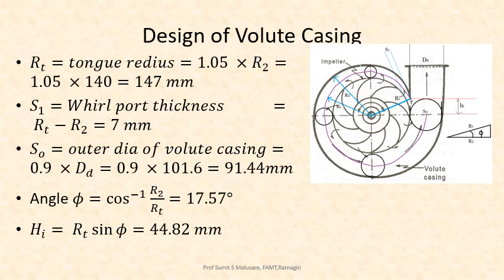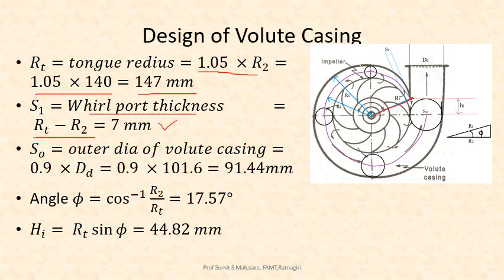Now this point where the variation starts is called the tongue, and the radius from the center of the impeller up to that point is called the tongue radius. As per the standard books, it will be 1.05 times R2, so 1.05 into R2 comes out to be 147 mm. Okay, now the radial distance between the periphery point of the impeller and the tongue point is called S1, that is the port thickness. So S1 is equal to RT minus R2, that is equal to 7 mm,